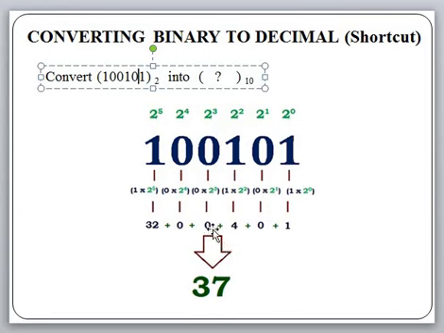So in the shortcut, we just write above each and every digit like this. The first digit is 1, here it is 2, here it is 4, here it is 8, here it is 16, here it is 32. Now among these values, we consider only those where the digit is high for adding, and for the remaining we consider 0. So the final result will be the decimal equivalent of that binary number.